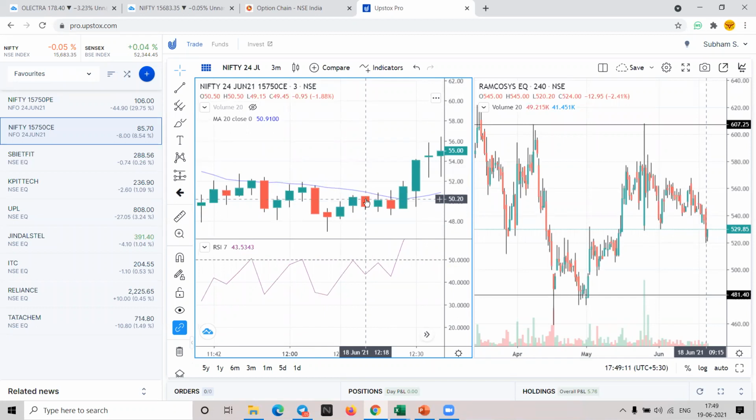Are you guys with me? Right, the best part of the strategy is that you get a very small stop loss and then you can trail it for the target. The first target would always be the complete size of the candle, and then you can trail it for bigger targets.